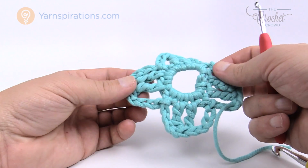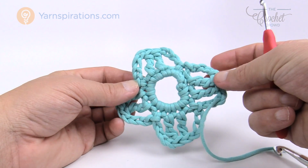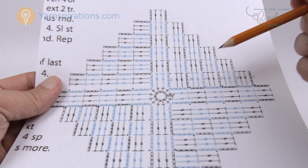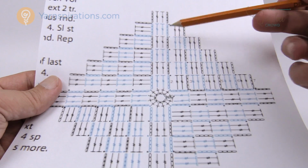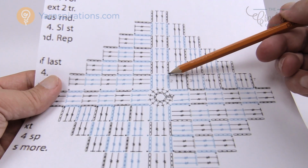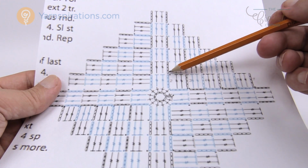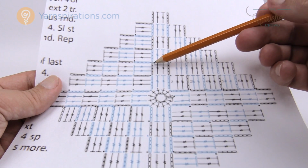to start, because each one of the rows we all start in the same position, but we have to stop and change our yarn every time we do a different row. So now that I fastened off, you'll see that there is a slip stitch mark here. This is every time we start. So we're always gonna start, it doesn't matter which one it is, but you're always gonna start at the top of one and chain up 4, and then do the next 2 trebles into the same trebles, and then chain